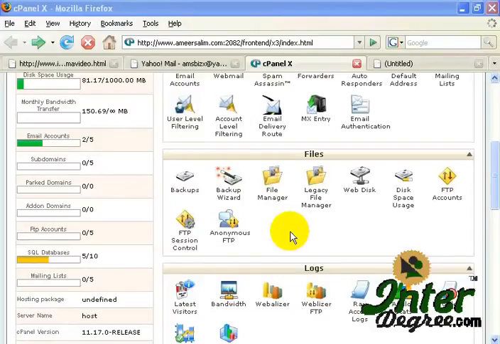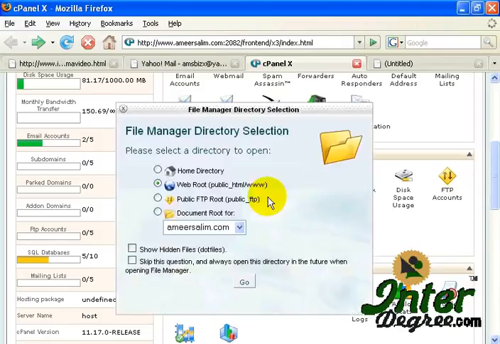To go to the file manager and look at all your files in your account, click on this icon over here, and then you'll be presented with a box where you can choose a directory to open. So I'll just choose this web root directory, which is the default directory, and you can also choose whether you